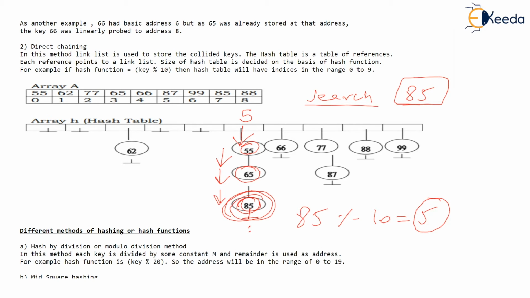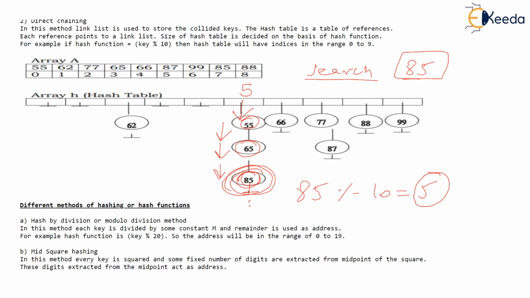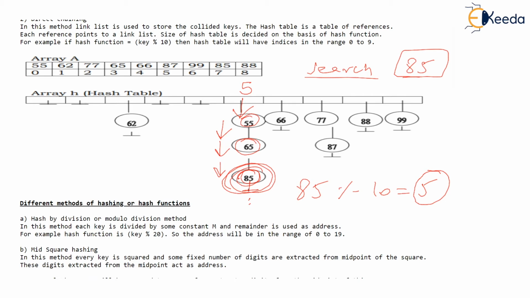Coming up again here in linear probing, look where was 85 stored. 85 had basic address 5, but due to open addressing, 85 was simply linearly probed. All these locations were occupied by the time we were inserting 85, and 85 went at 11th place. Now if you are searching 85, then search of 85 will begin at 5, and 1, 2, 3, 4, 5, 6, 7, 7 comparisons will be needed to search 85. We have got huge improvement here by not disturbing the neighboring places as we did in linear probing, isn't it? As you can see, the clusters are avoided over here.